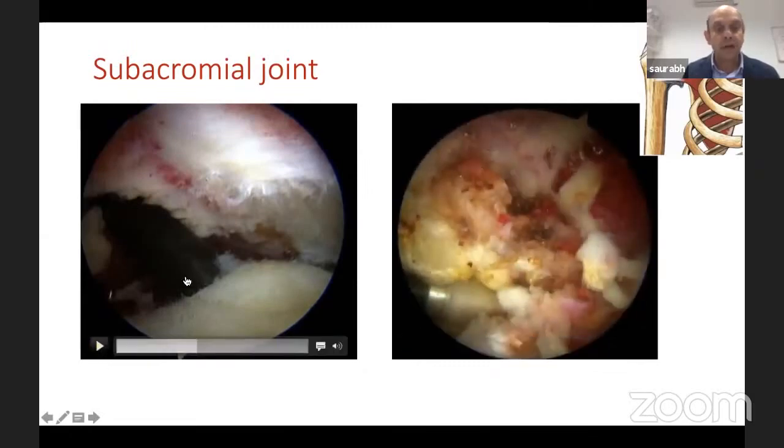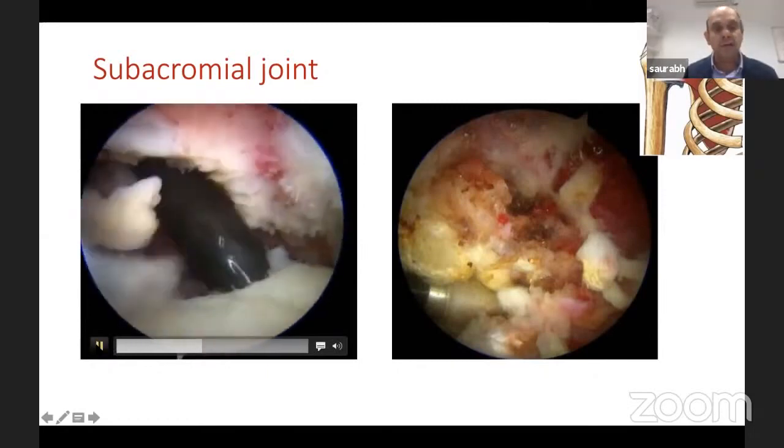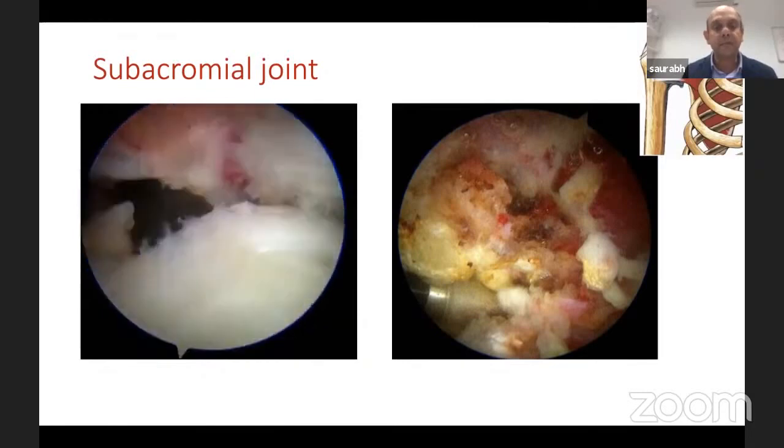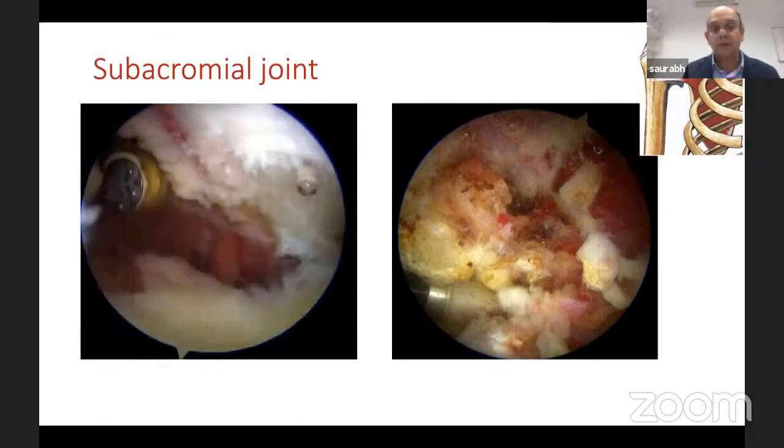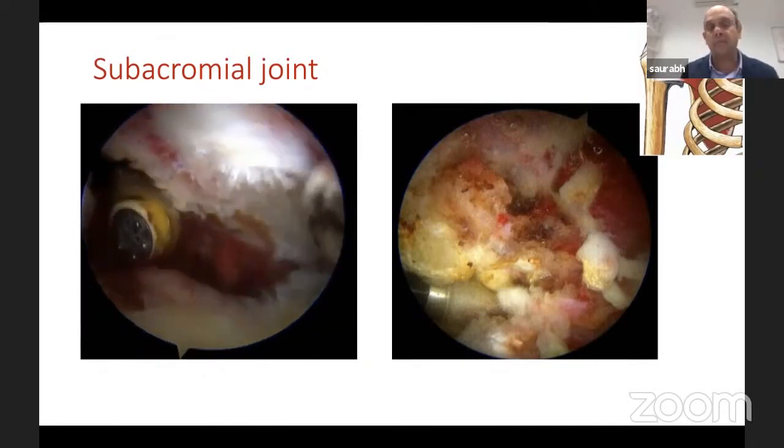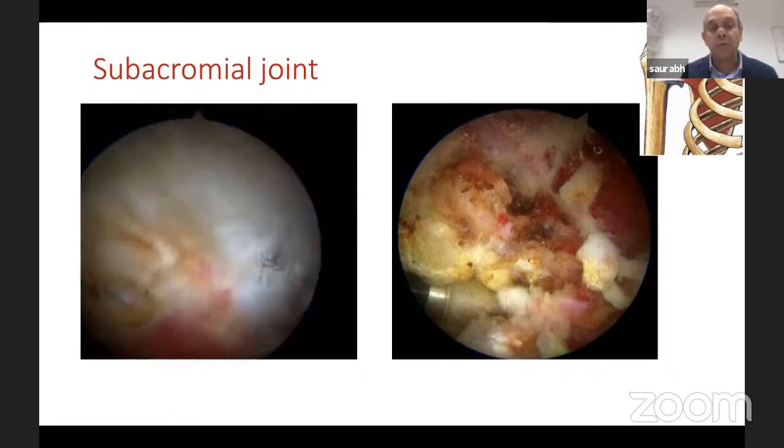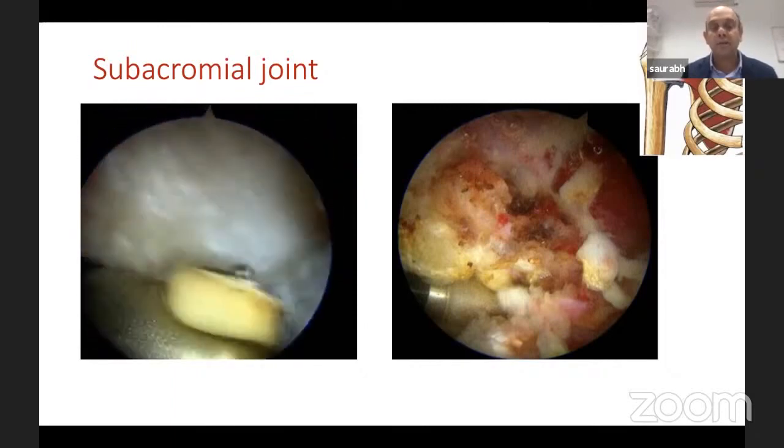So you can see with my diathermy, I've gone in under the cuff tear. And if you keep watching it, I'll further tent it up. See, so that's your tear. So I know two things straight away. One, obviously it's only a small tear, but I can fully mobilize it. And two, there's a tear.